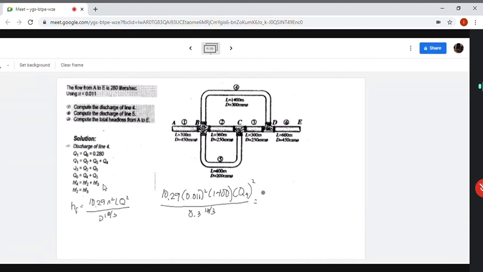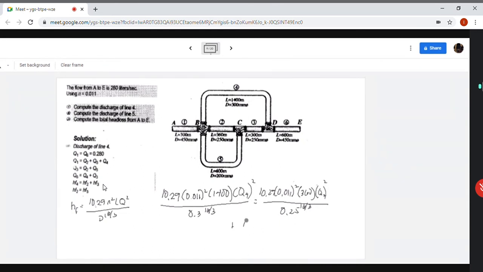So we equate it to 10.29 times 0.011 squared times 360 Q sub 2 squared over d of 0.25 to the 16 over 3 plus